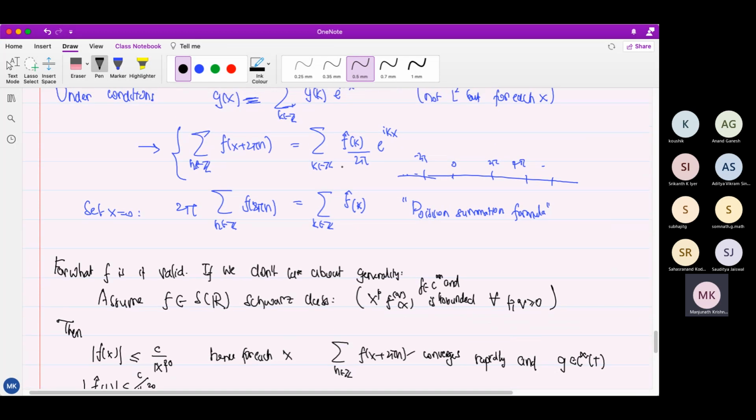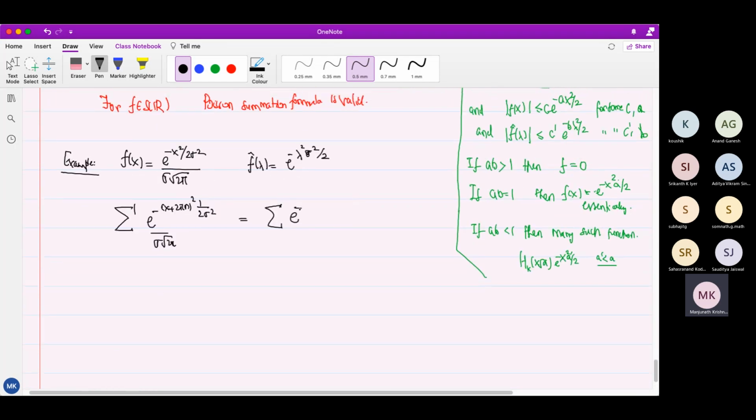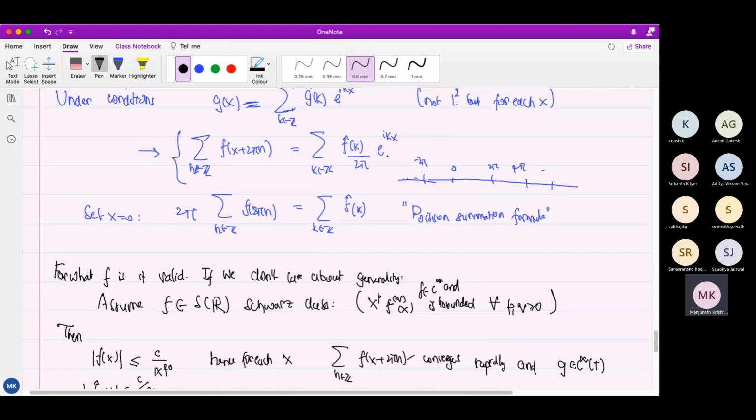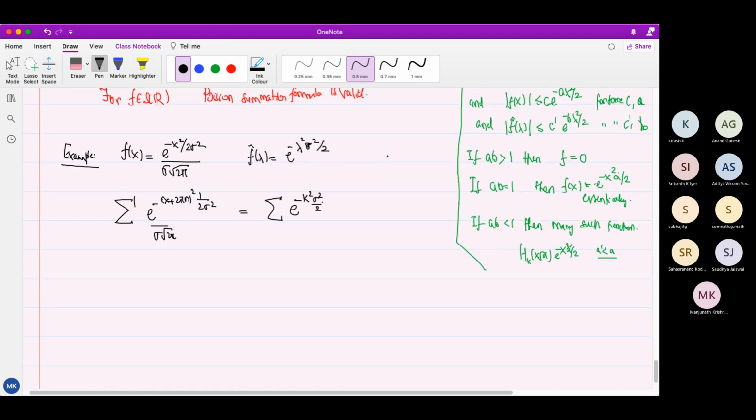So I have to sum over f hat at k. K will give me k square sigma square by 2, and I have e to the ikx. In particular, when x is 0, you get